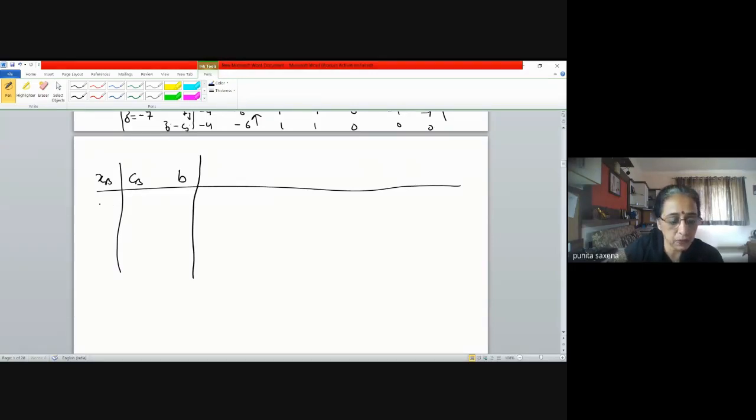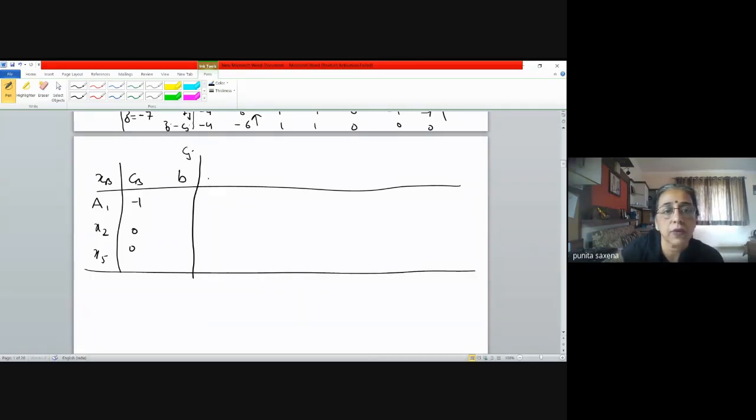Now your basic variables are actually A1, X2 and X5 with coefficients -1, 0, 0. And your variables are X1, X2, X3, X4, X5, A1, A2, right? With coefficients